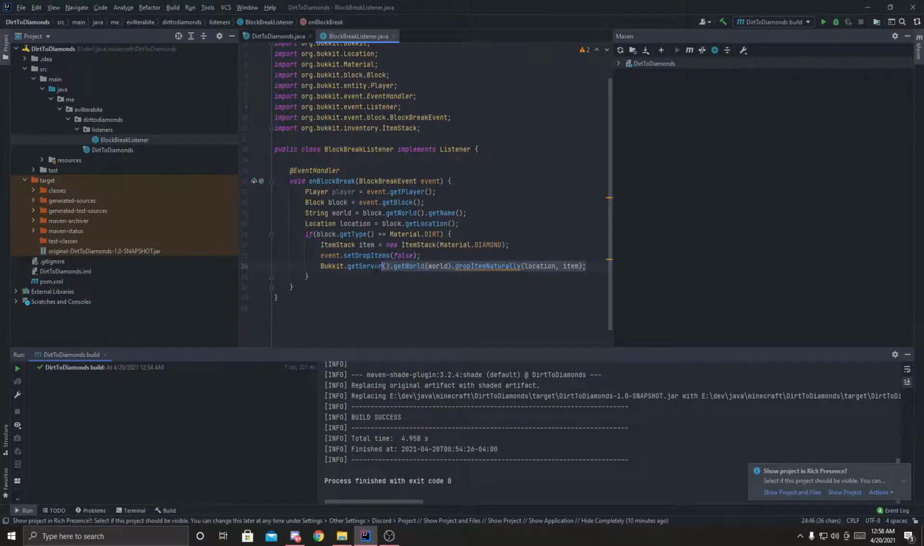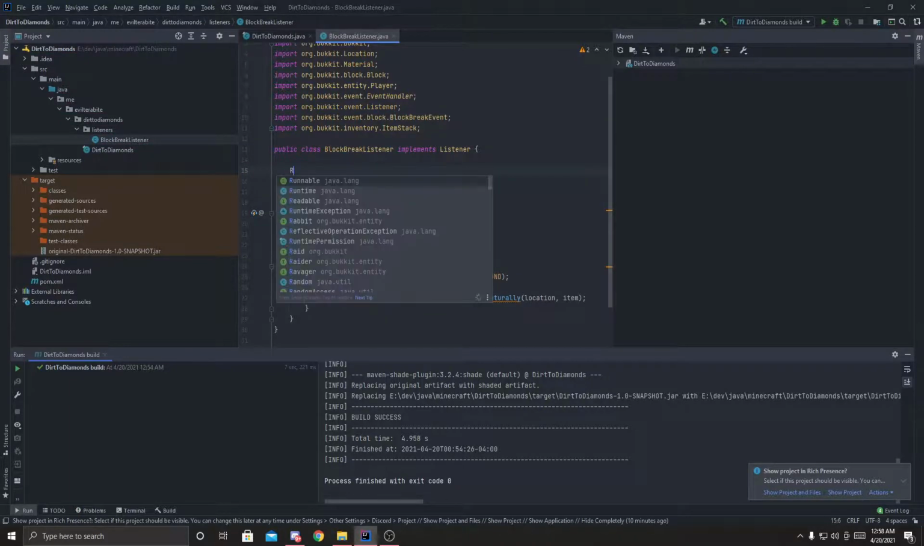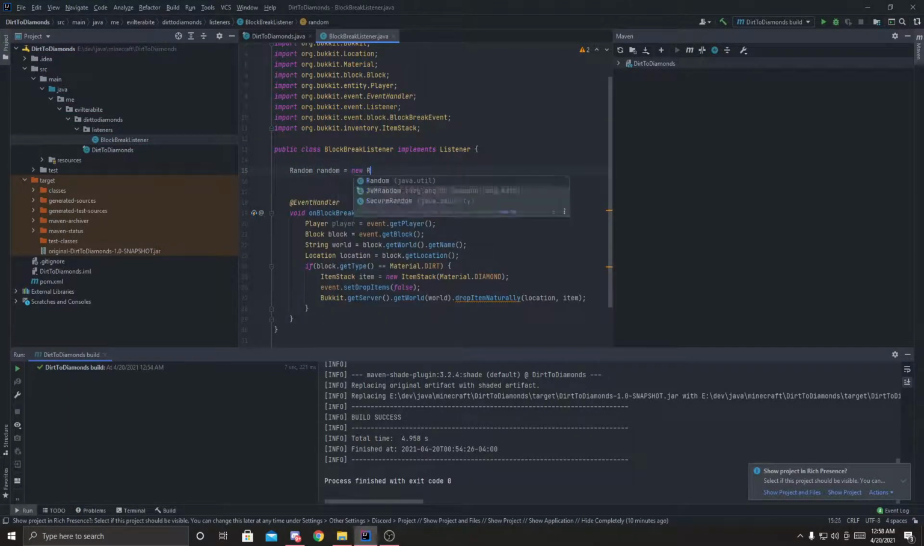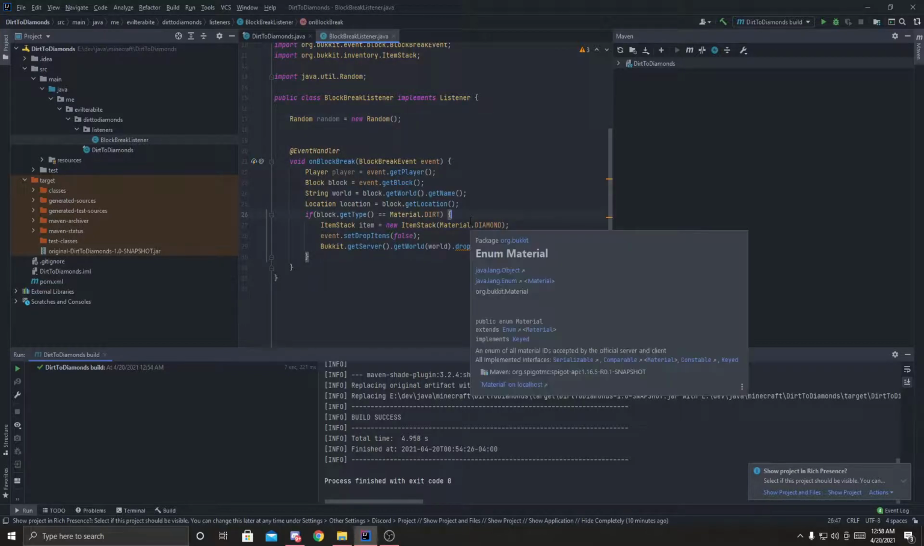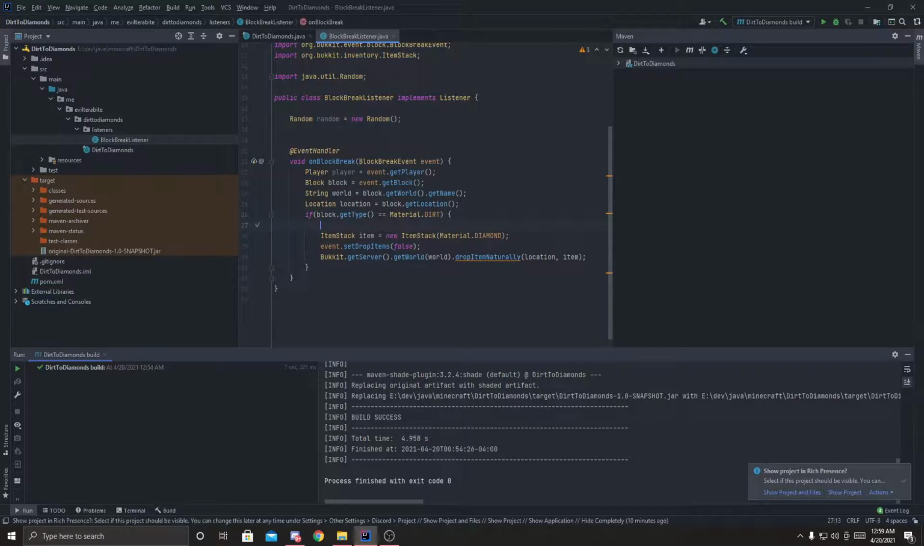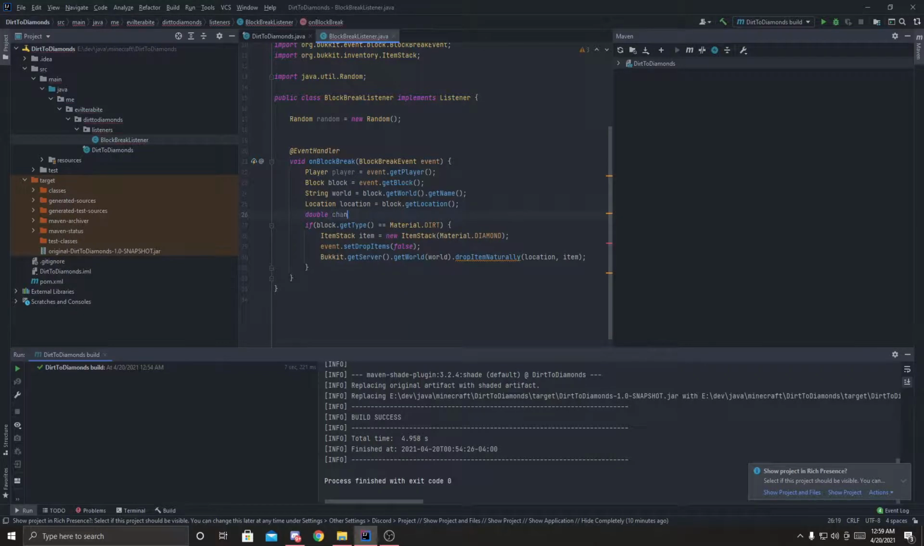Now, if you only want the diamond to drop sometimes, we're going to implement a random. So up here, I'm going to say random equals new Random. Simple. And now we're going to set a random number between 0 and 1. So let's say the chance, I'm going to make it a double, chance is equal to 0.50. So there's a 50% chance it's going to drop